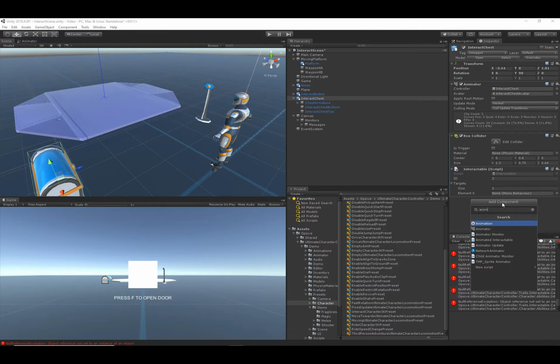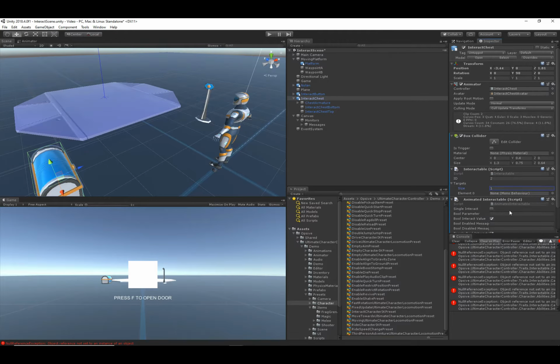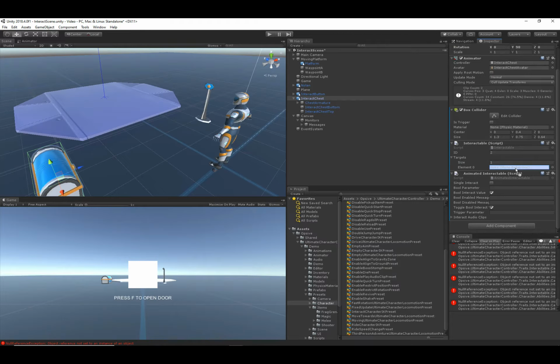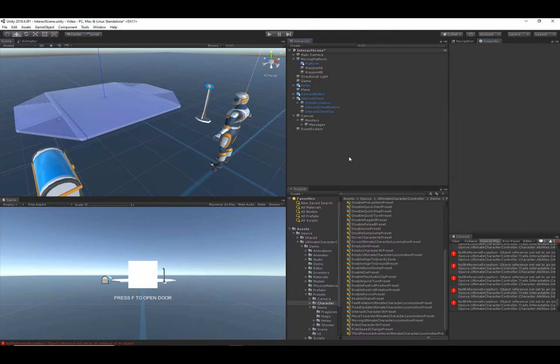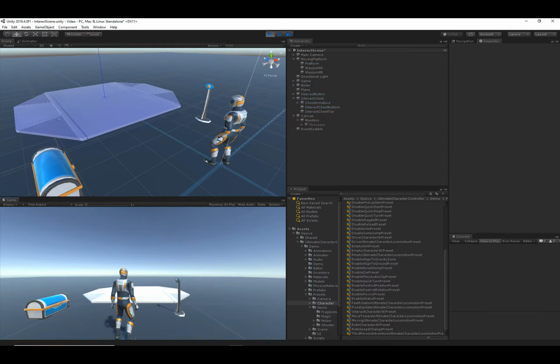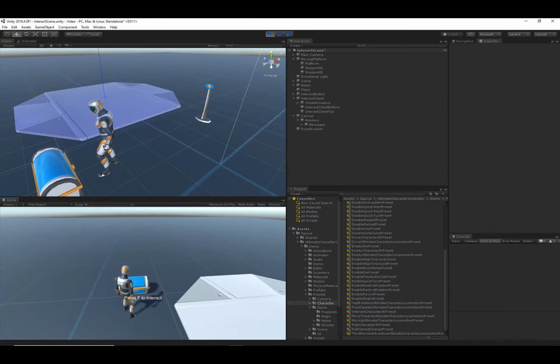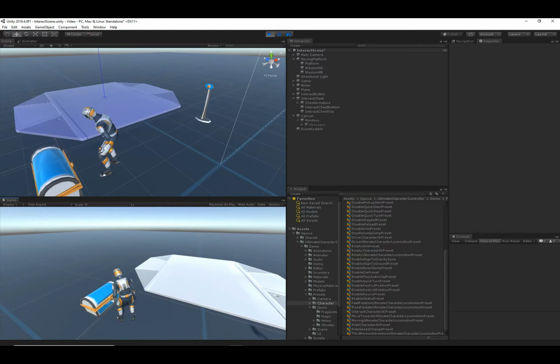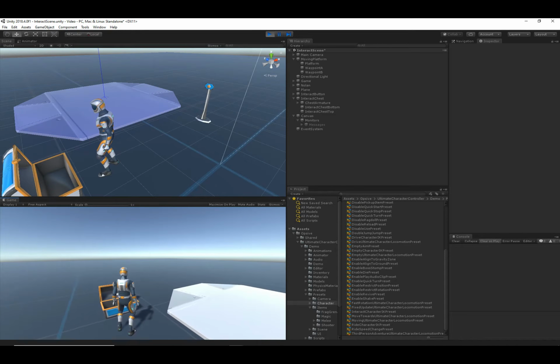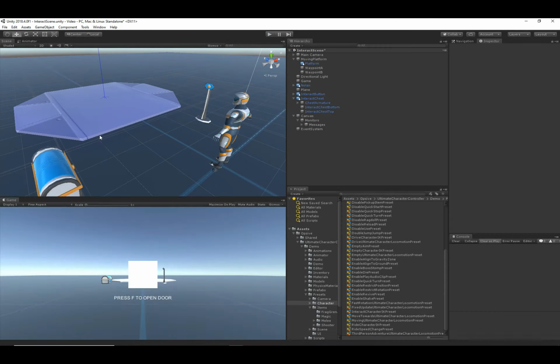Similar to the button, we're going to use the animated interactable component as the first target. And this one has a slightly different set of parameters, so let's go ahead and set those. I'm just looking at the demo scene in this case. So now when I try to interact with the chest, first off, I shouldn't get any errors, so that's good. And now it says press F to interact. So let's press F to interact, and we can see that the chest opened, but